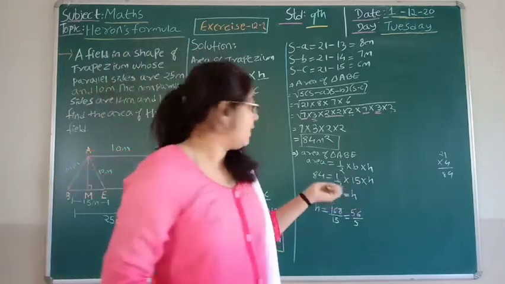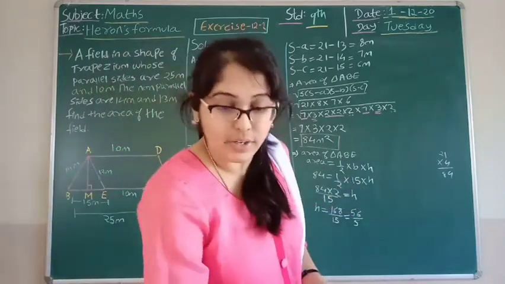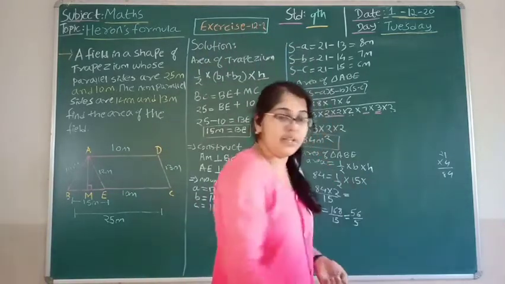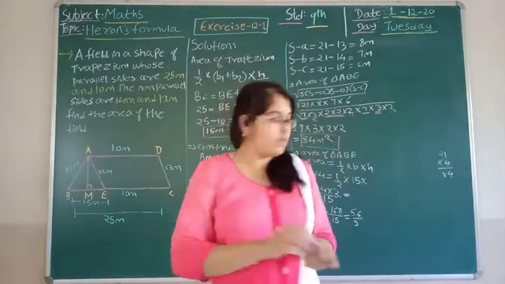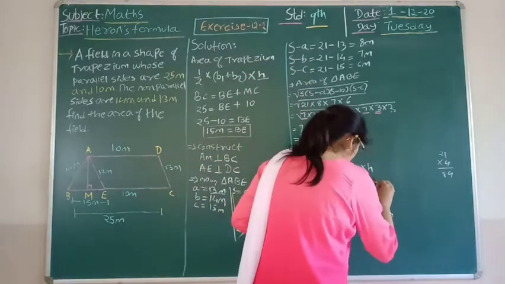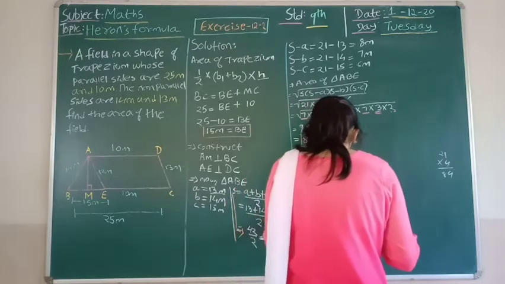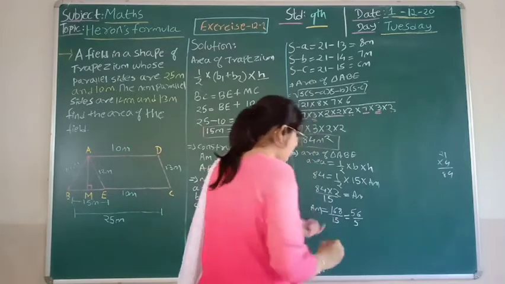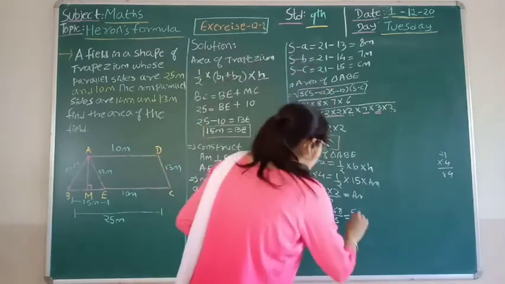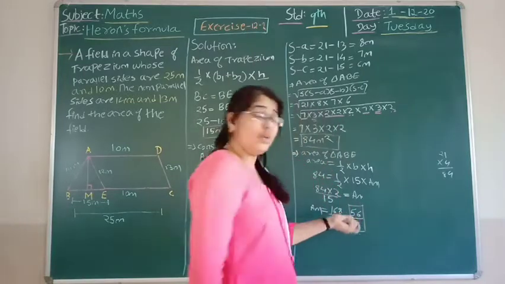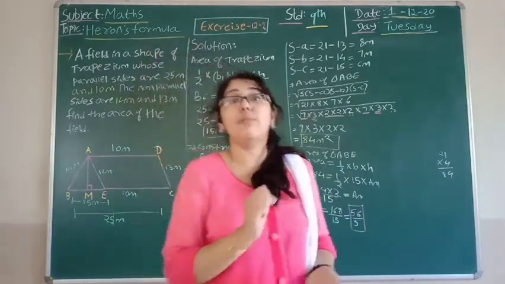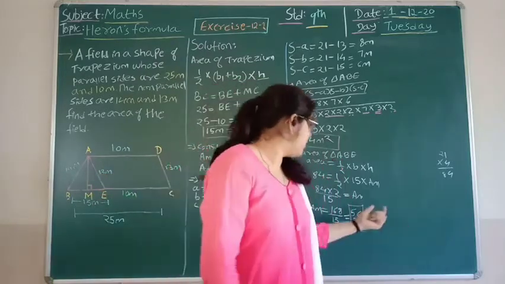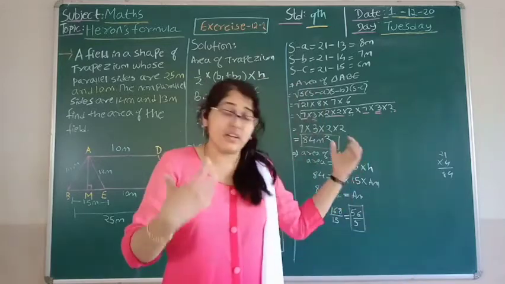Or instead of height, we can write one more thing, that is AM. Why AM? Because we have denoted height as AM. So writing over here AM. Similarly, this will be my AM. So height will be equal to 56 by 5. See, if I divide 56 by 5, I will get the value 11.2. So the height will be 11.2. Otherwise, I can keep this as it is, and I can use this value for further calculation also.